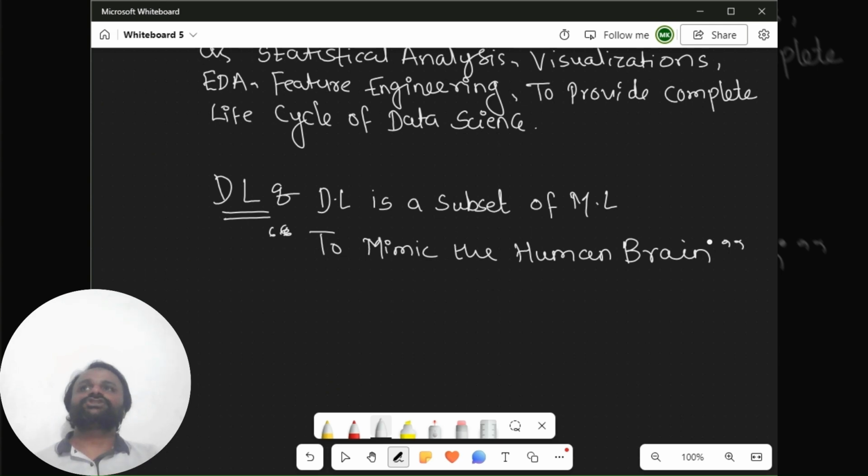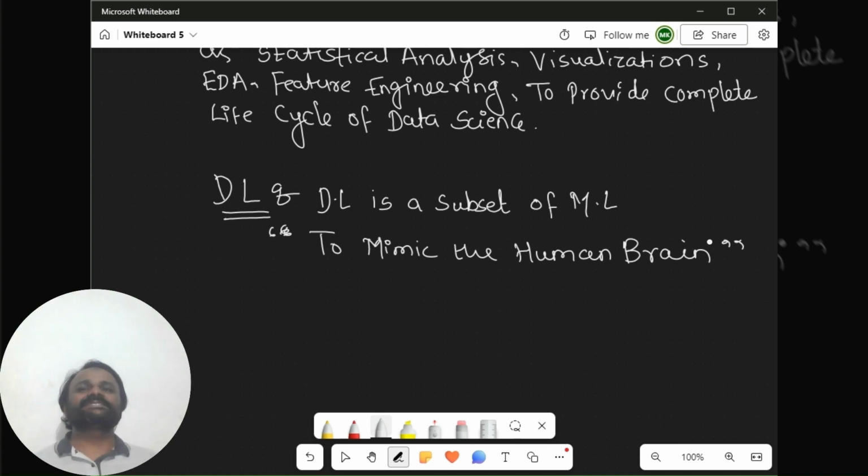will be capable of capturing the insights from unstructured data, whether my data is in image format, audio format, video format, or any text to text, text to image, or image to text. Whatever insights are present in my data, I can take out, I can see the trends, I can understand the patterns. Traditional machine learning algorithms are not capable of absorbing that kind of information from unstructured data.